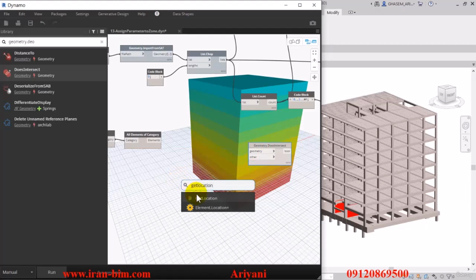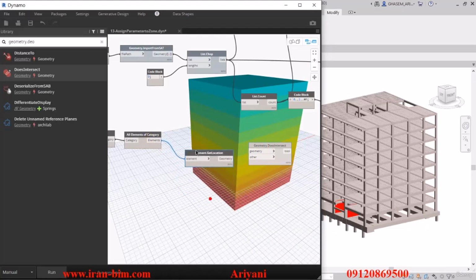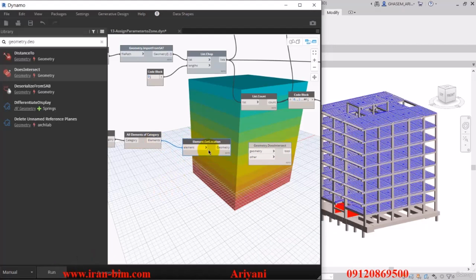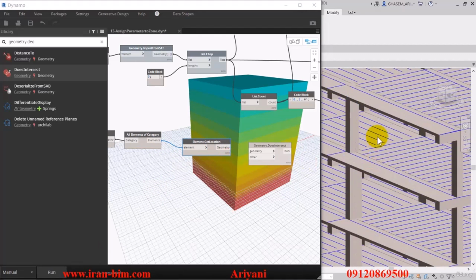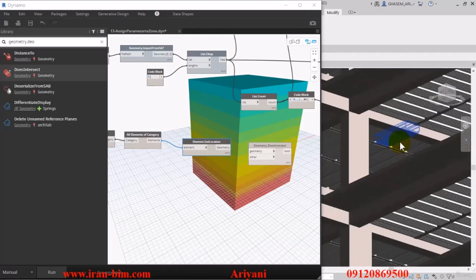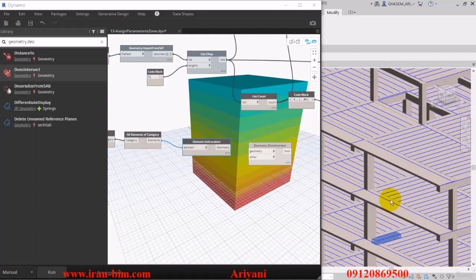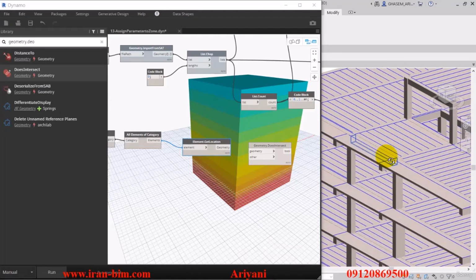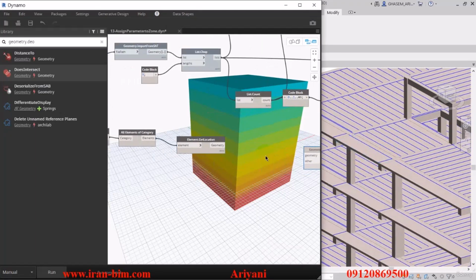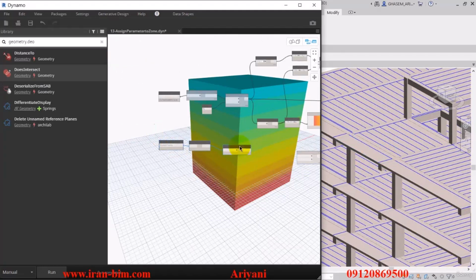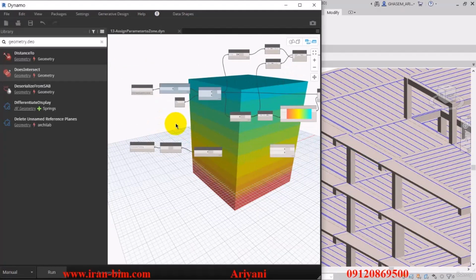First we're going to get the location of them, connect it here and run. There we go, and now we have the location of all of the beams in the list here. And if we take a look at the plan here in the Revit file, we can see how the location has been identified here, and we can see the effects. All right, now let's go forward, and let me just select these three and bring them down, then Ctrl+S to